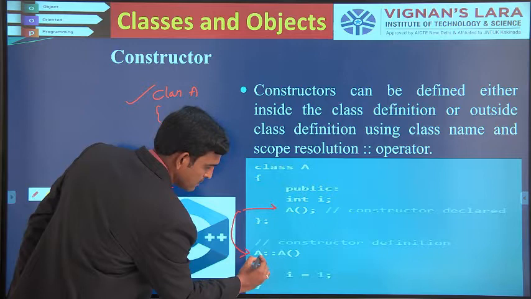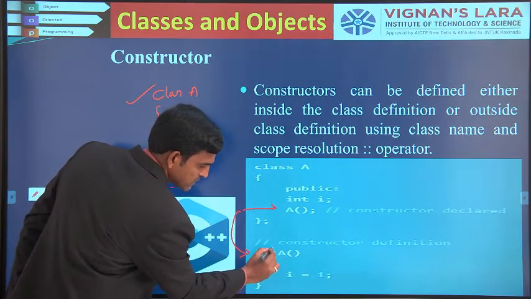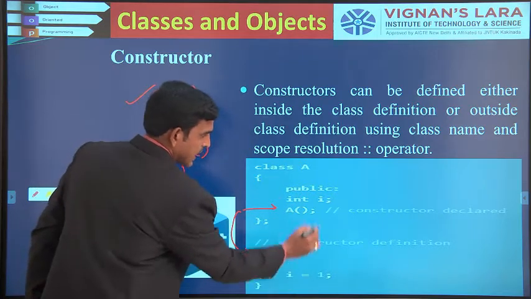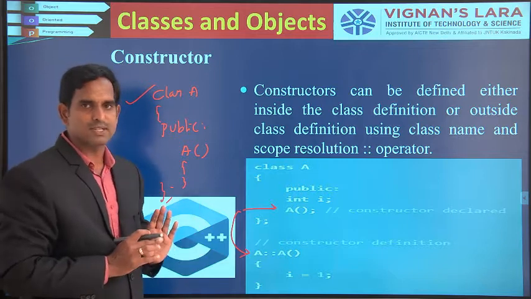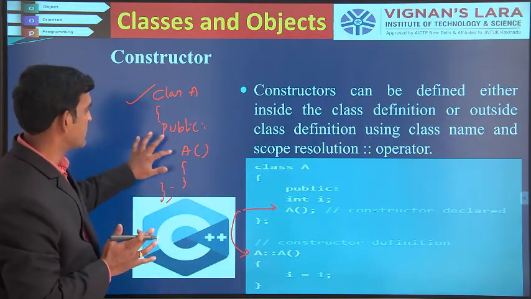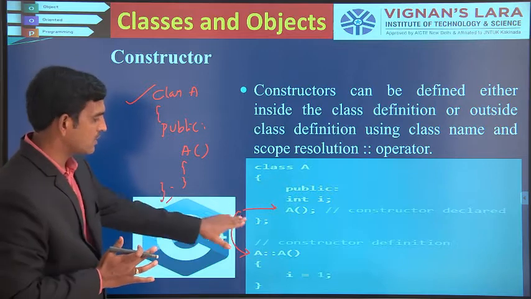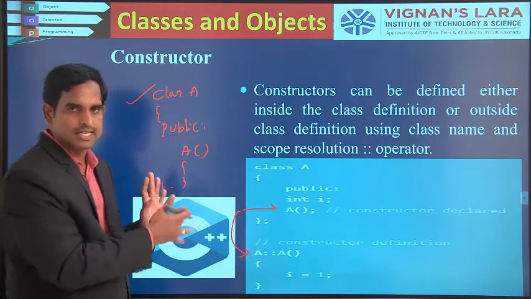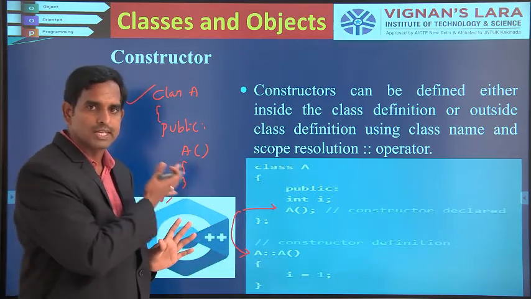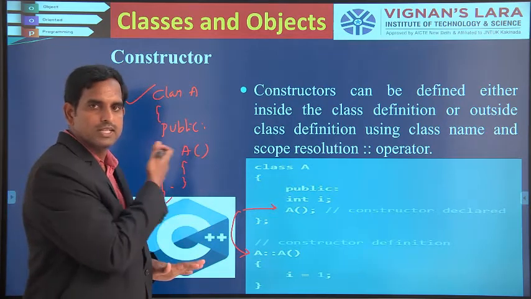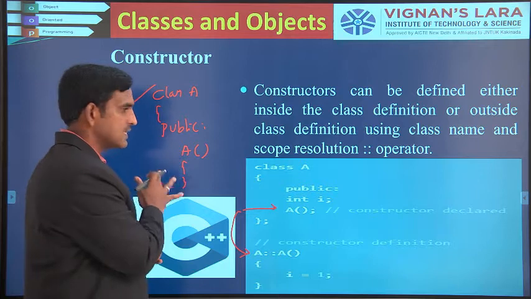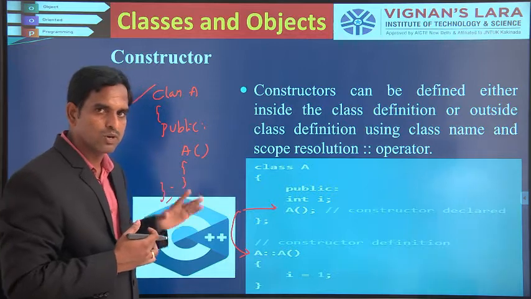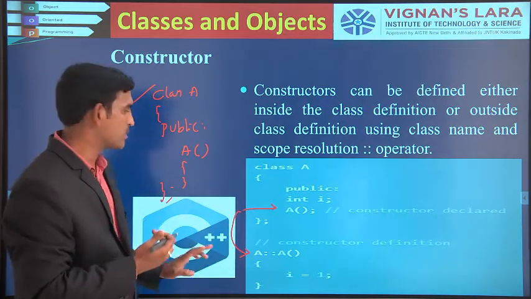So I write A, the class name, then the scope resolution operator, and after that the constructor name. Then I have initialized the i value as 1 here. That is a simple step. But you have to know that you can define your constructor inside the class, or outside the class by using the scope resolution operator. These are just options for you. How you use them is up to your programming knowledge. All these things you see as part of programming are just options. Whether you implement your constructor inside the class or outside the class is up to you.